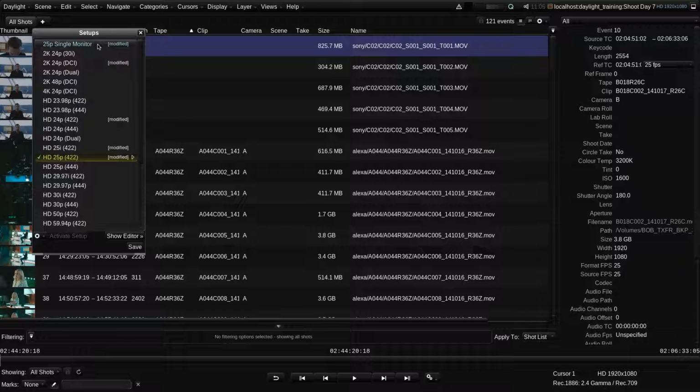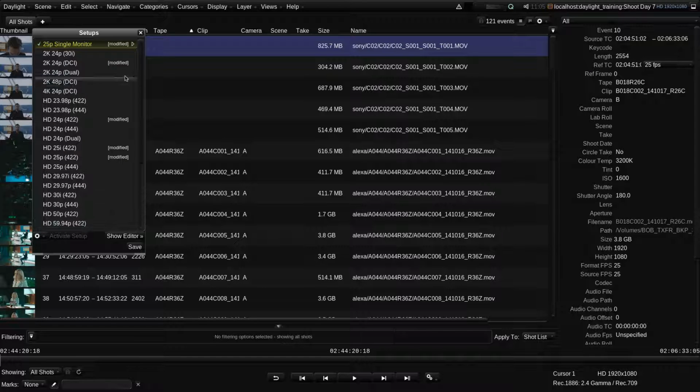This setup will configure my system for single monitor working. Even though I have an external monitor connected for viewing the images, this setup will add an image display window into the workspace on my user interface monitor. This is not necessarily the best way to work, as my UI display is not a calibrated reference monitor. Also, I will lose some of the UI workspace area. But for the purposes of this tutorial, it'll make it easier for you to see what's going on.